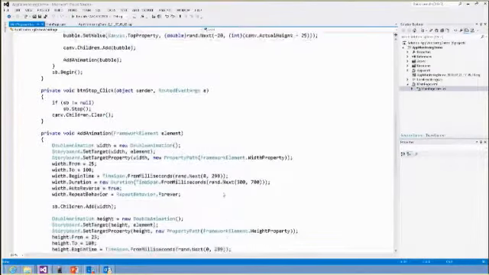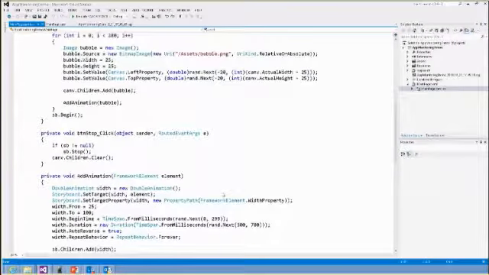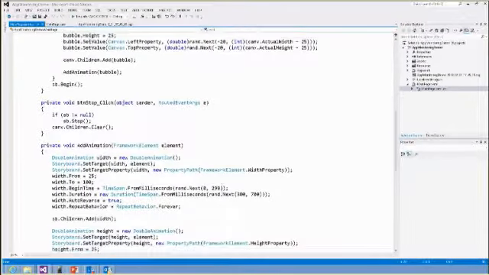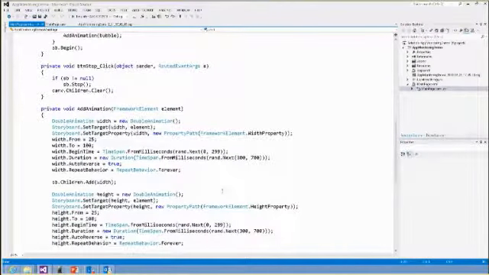So the code here will basically create a bunch of new bubbles, set them at a random point on the canvas, and then add some animations. The animations here I've specifically set as CPU-bound animations, so they're dependent animations. It's animating the width and the height at random intervals and a random time span. The reason I did this is to tax the system as much as possible so you can actually see what's